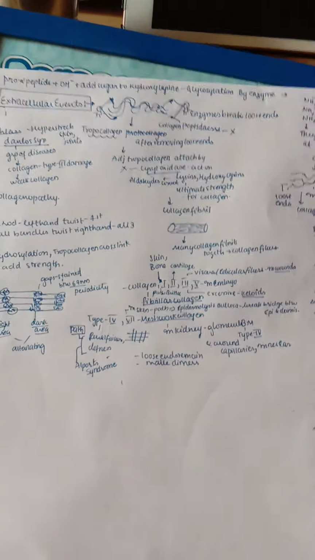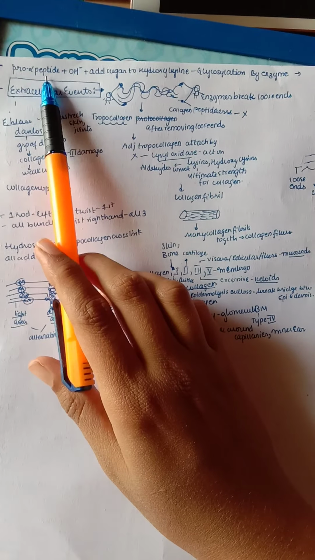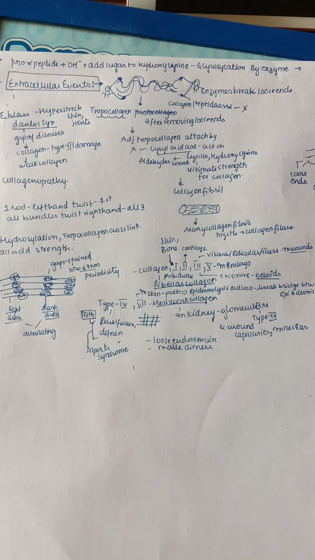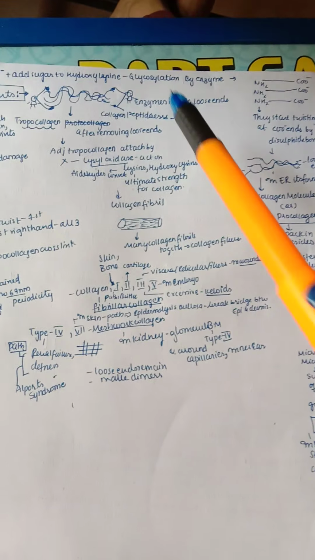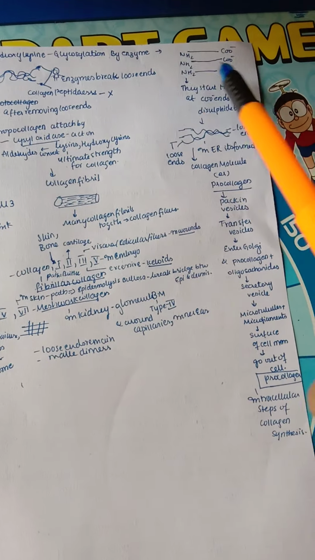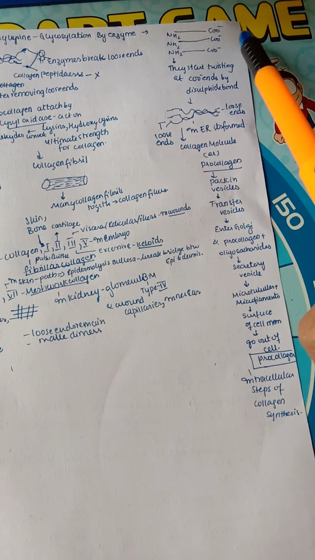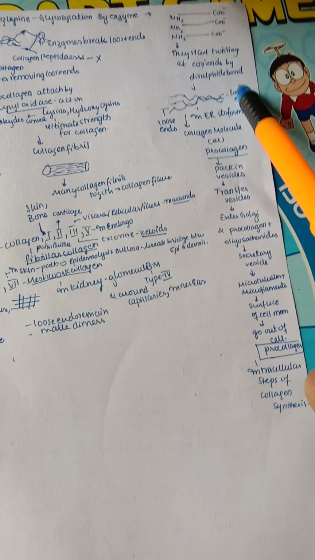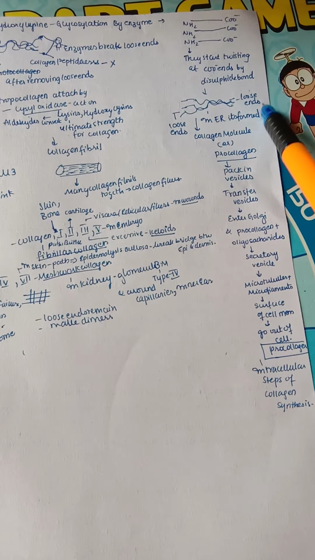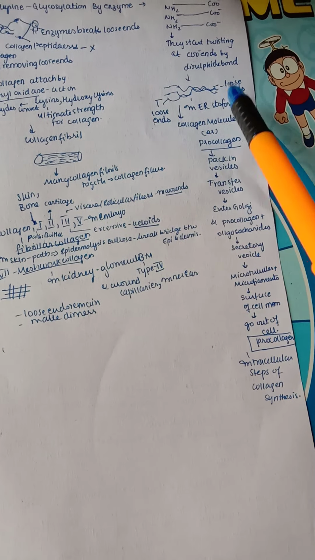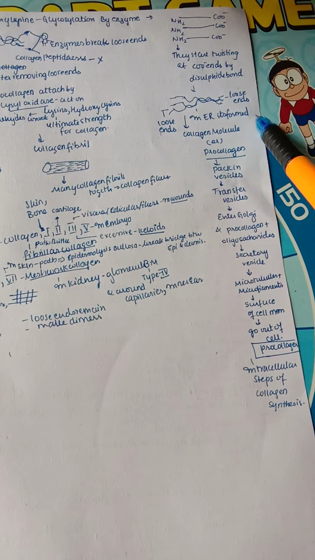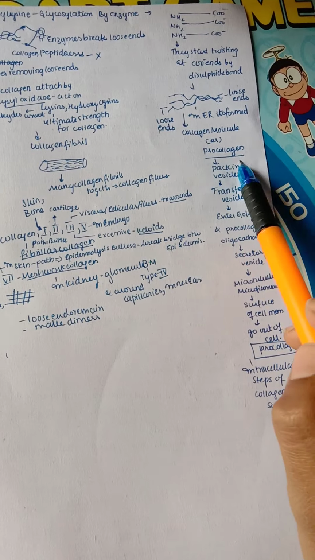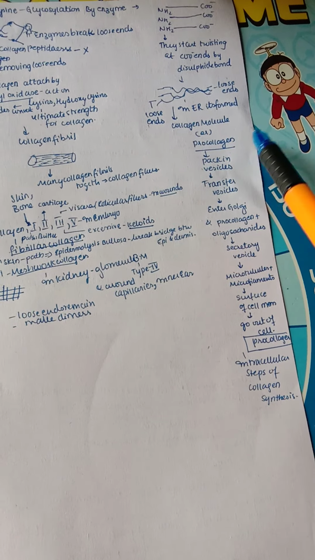So now let's continue our collagen fiber synthesis. The pro alpha peptide is next attached with the hydroxyl group and sugar is also added to the hydroxylysine. That is done by glycosylation by an enzyme. Here you can see this end is the amine end and this is the carboxyl end. They start twisting at the carboxyl end mainly by disulfide bonds. Like this they twist, but you can see at the ends loose ends are left behind. This process continues in our endoplasmic reticulum itself. These loose ends are present, and up to here the molecule is called the collagen molecule or procollagen.